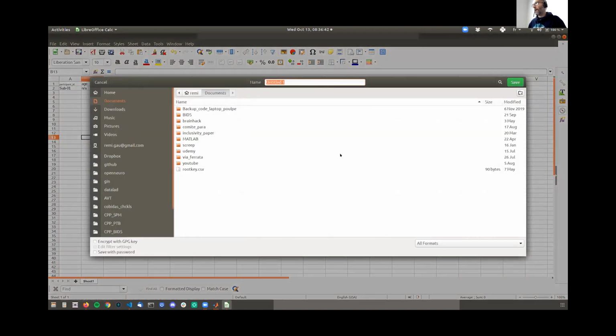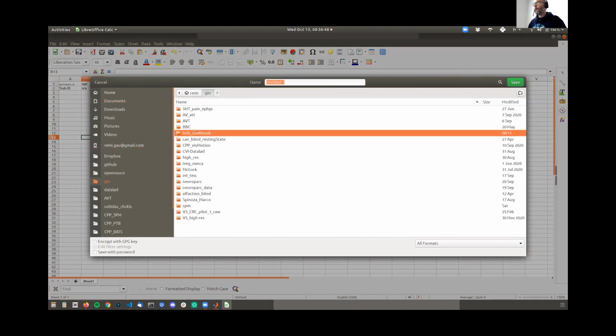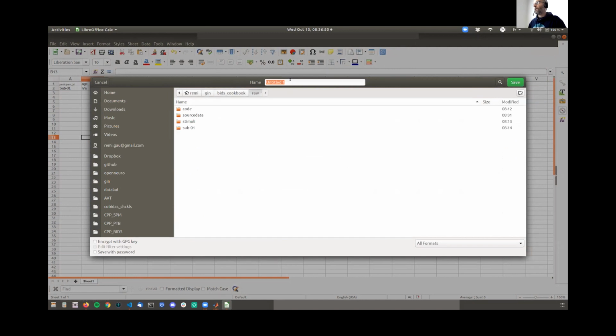I don't know exactly how you would do it in Excel, but I think it would be fairly similar. Cookbook, and we want to put that in there, and it's going to be participants.tsv.